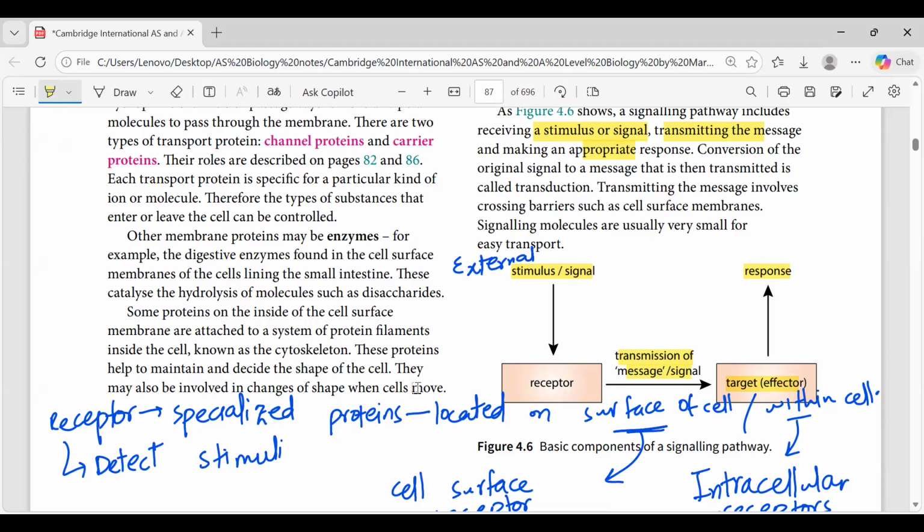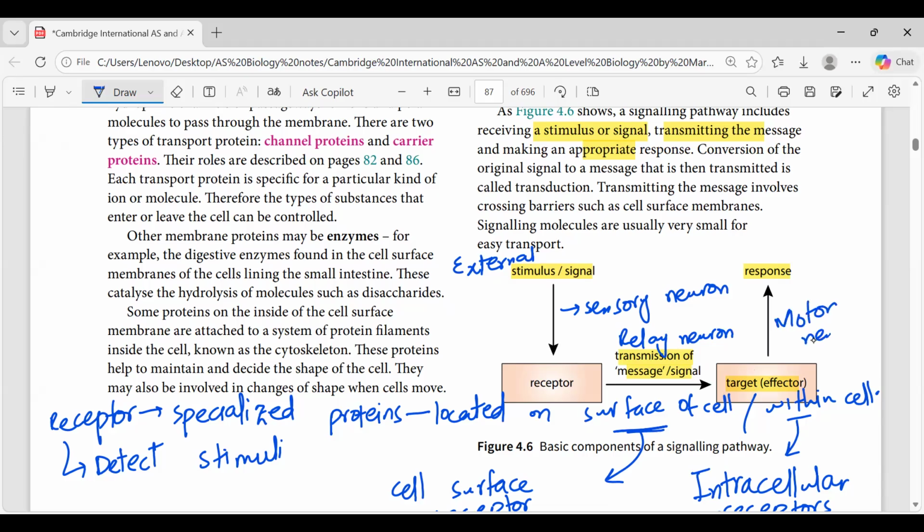The sensory neurons take the message from the stimuli and give it to the relay neurons in your brain, in the CNS. Then relay neurons send the message to the target organ, and the target organ gives a response in the form of